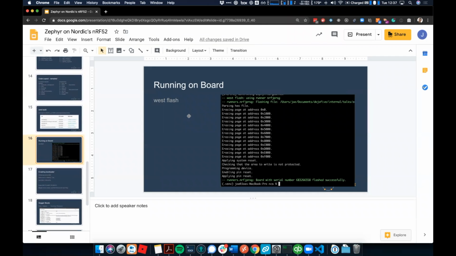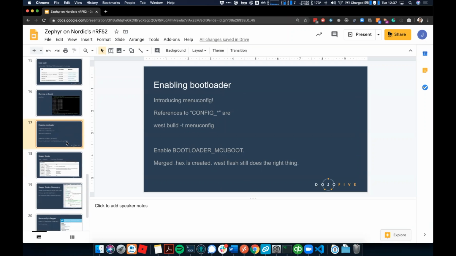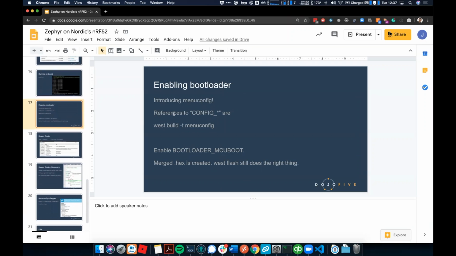All right, so we already talked about West flash. This is kind of what it looks like when it runs on the board. Wonderful. So we're getting to the point where we can get Blinky to work, and we know how to recompile it if minor things in the code change. But what if we want to bring in new modules? What if we want to do some kind of configuration of the device? Well,